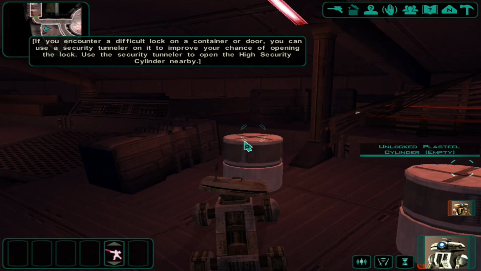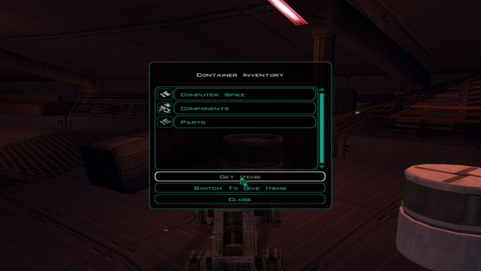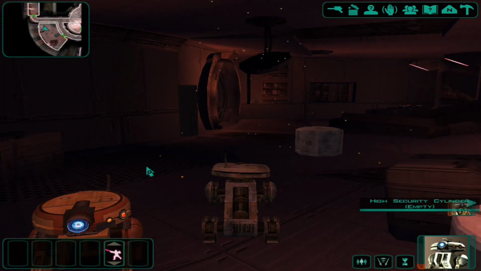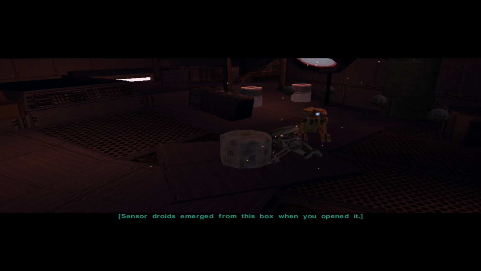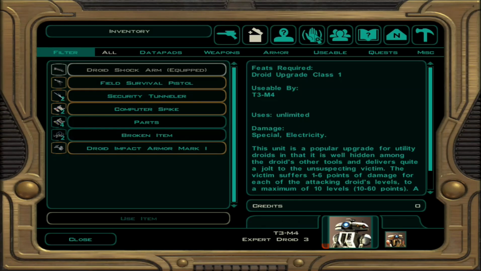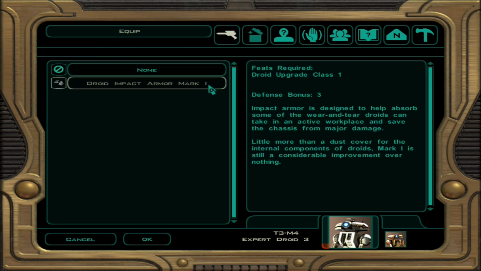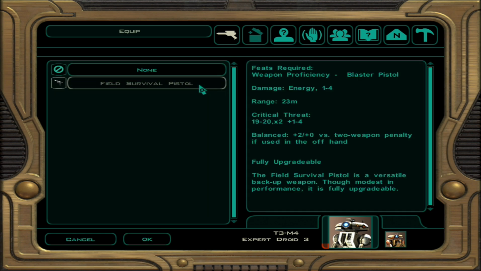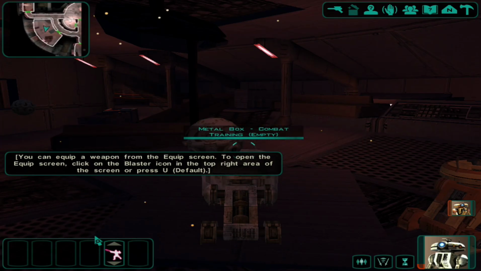If you encounter a difficult lock on a container or door, sensor droids emerge from this box when you opened it. These droids will make for excellent target practice. Use the weapon from this container to attack the droids. You can equip a weapon from the equip screen. To open the